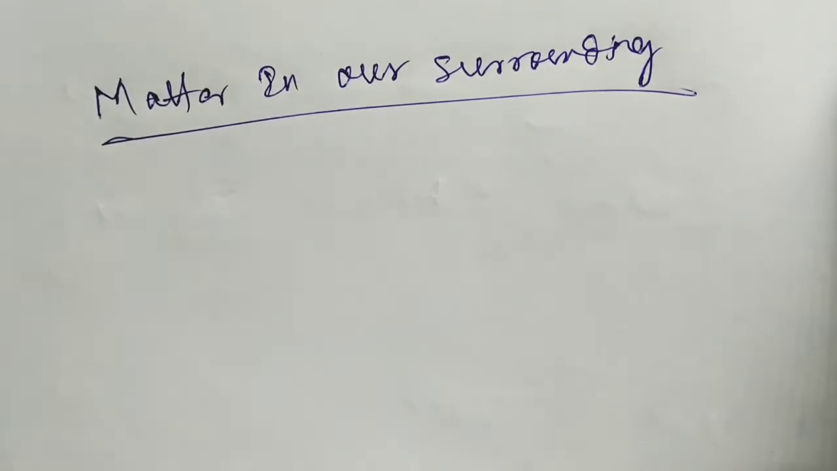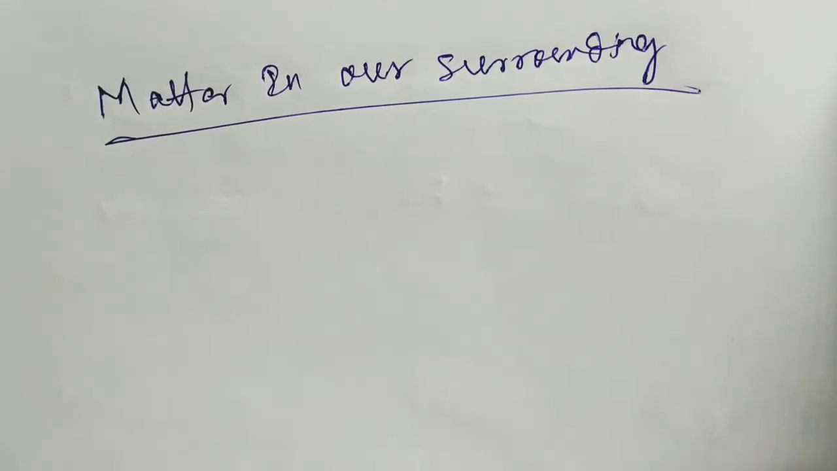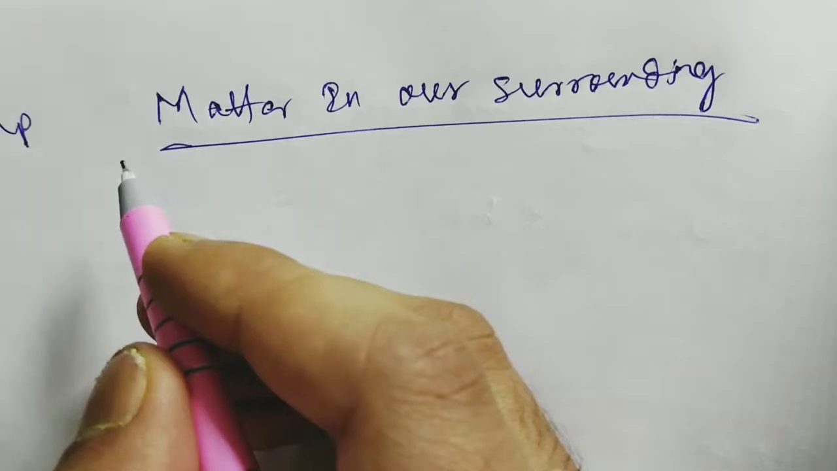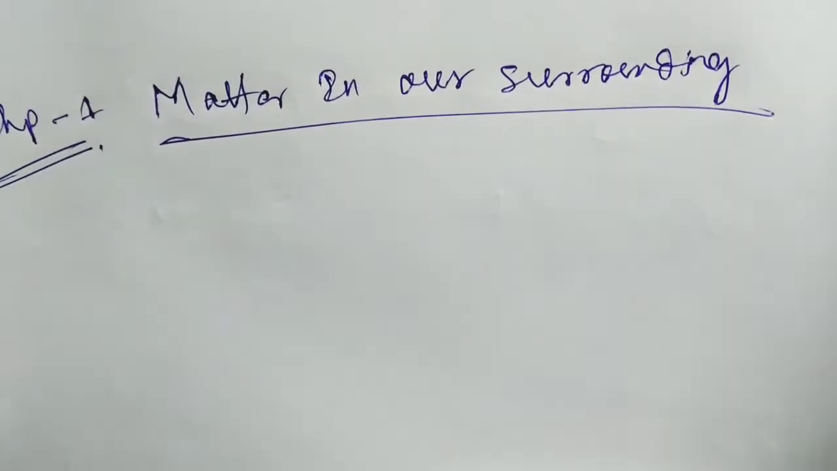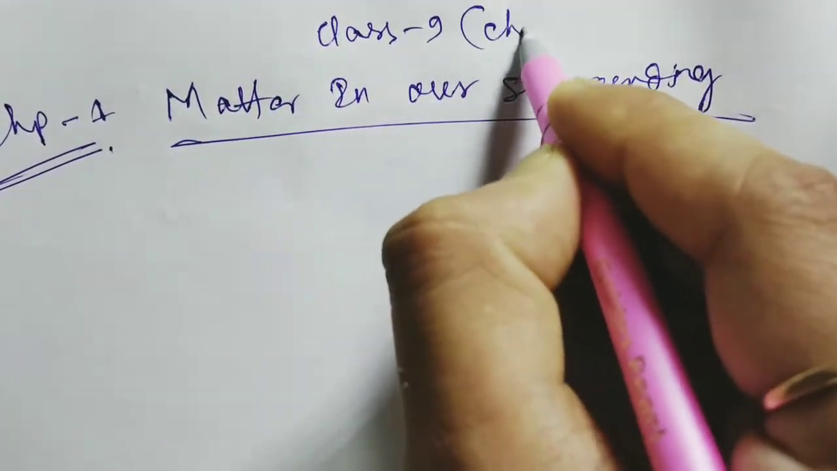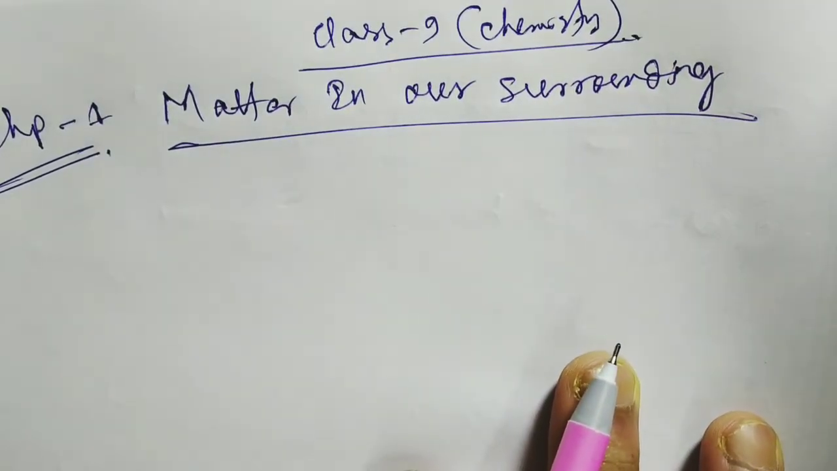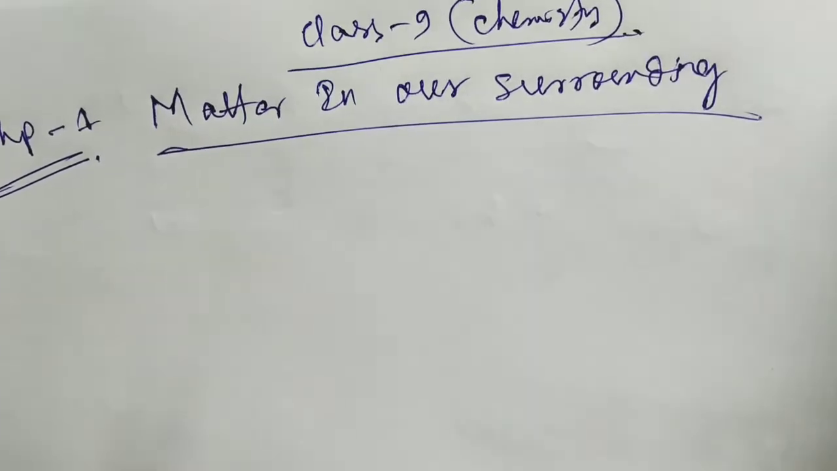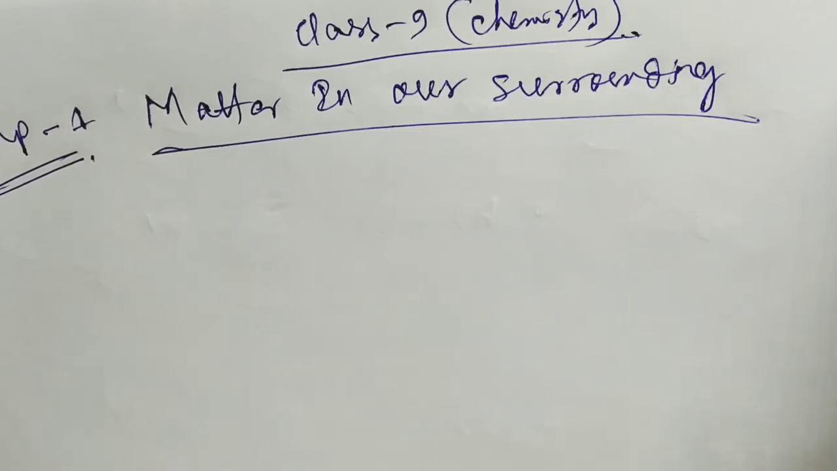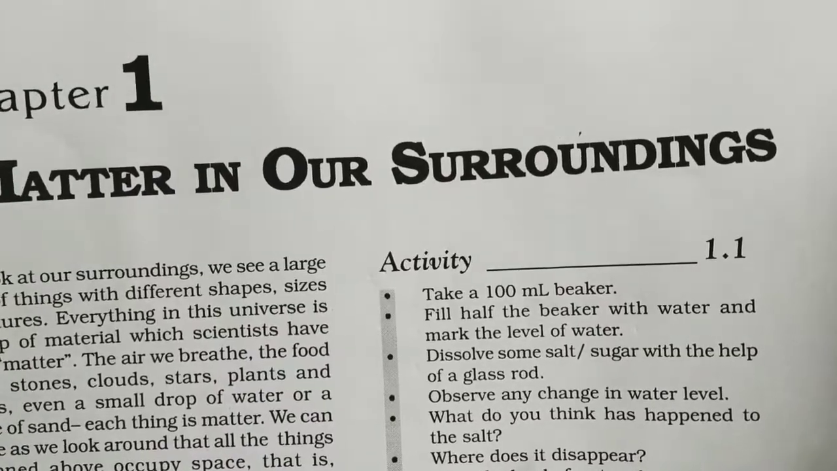I will discuss the chapter Matter in Our Surroundings. So this is chapter 1 of class 9 chemistry. The basic concept of this chapter I will tell you, and I will also read the chapter whenever it is necessary. So, as you can see in the textbook,